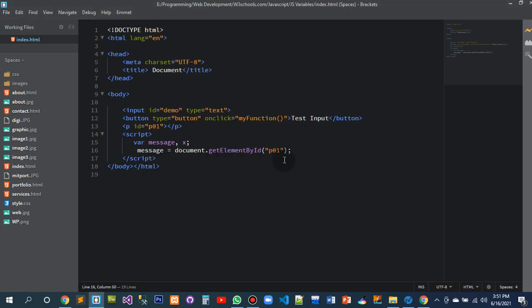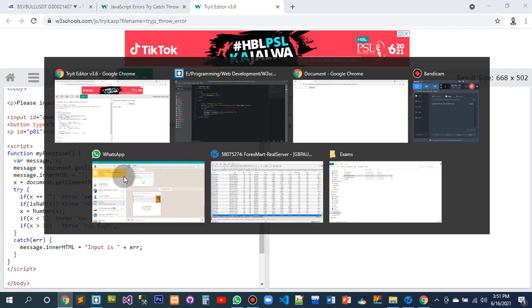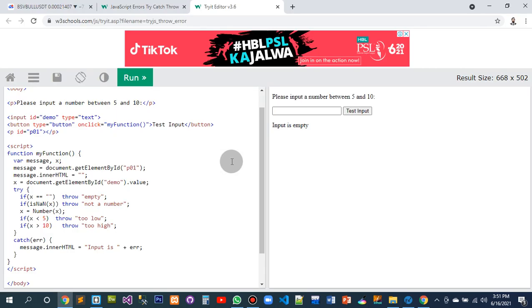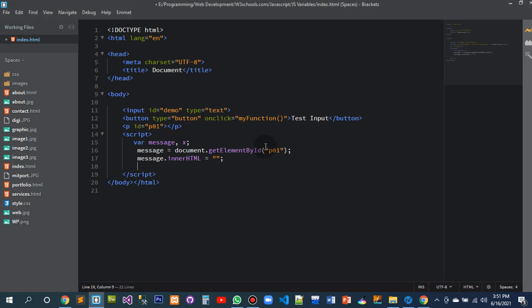Still the statement is: message.innerHTML is equal to null. This is also null and this is also null. This is null, that was with this space. So now what should it be? We have to create a variable x and assign the value of this input. Now x is equal to document.getElementById demo